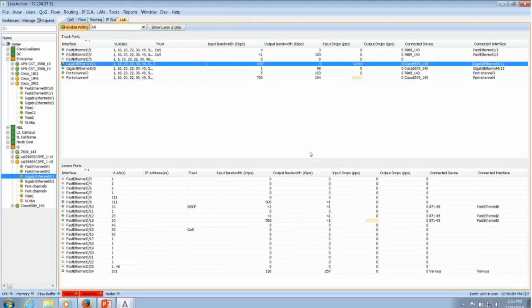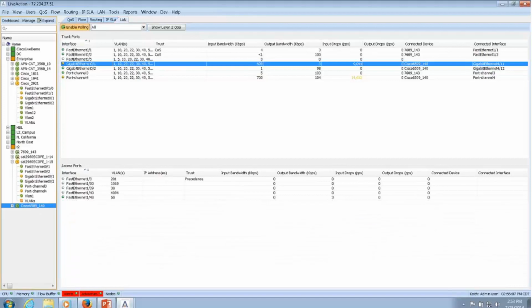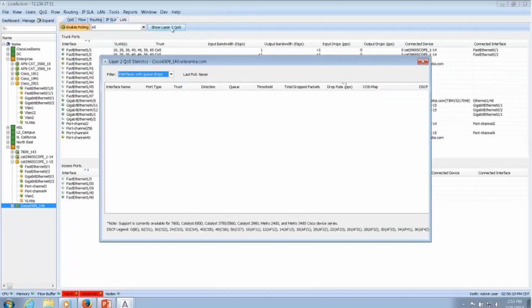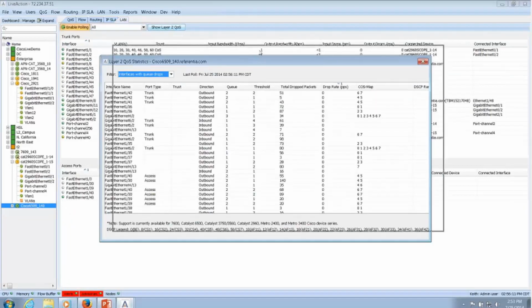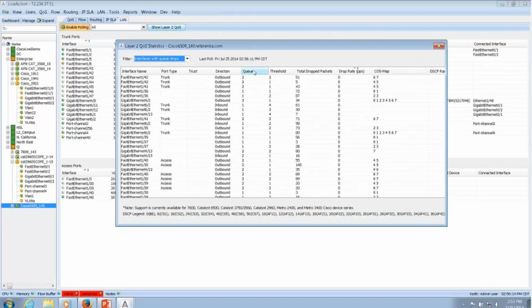So that, once again, I think is very easy and very neatly done. Also, if we look at a 6509, what I can also do is something else I've never seen any other tool do. This is the layer 2 QoS of this actual switch, and these interfaces are dropping traffic right now. So someone is setting up the queuing on these switches, and have you ever looked at a problem before with